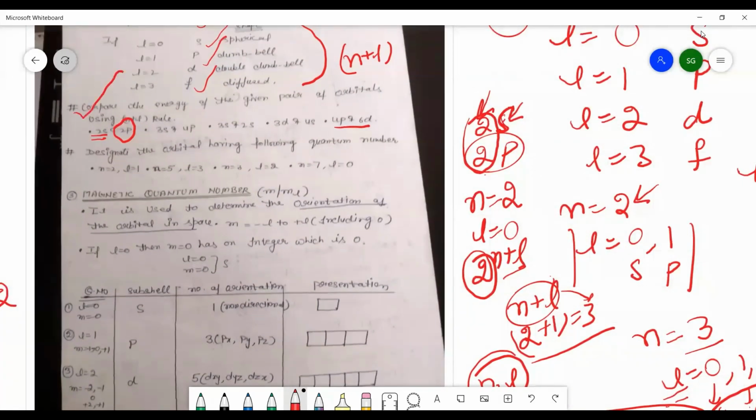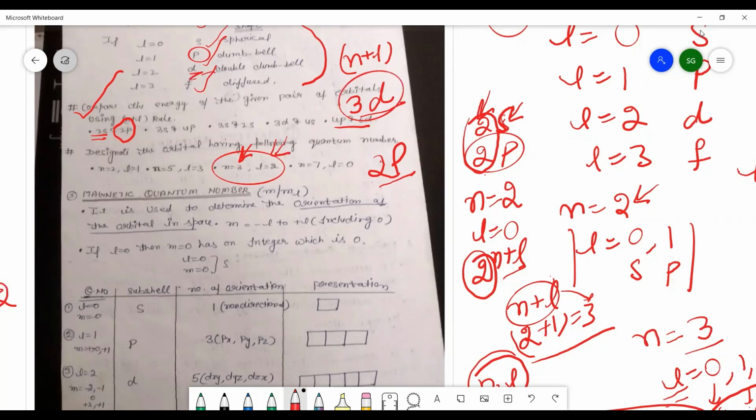Second type का जो question आता है कि the value of n and L will be given to you and you have to design the orbital कि subshell कौन सा है. So n is equal to 2 और L is equal to 1 अगर है तो n is equal to 2 का मतलब होगा 2 और L is equal to 1 का मतलब क्या है p orbital. So what is the orbital? That is 2p orbital. Similarly अगर आप लेते हैं ये वाला n is equal to 3 and L is equal to 2, तो इसका ऑर्बिटल आपका बन जाएगा 3d ऑर्बिटल, बिकॉज यहाँ से आपका प्रिंसिपल क्वांटम नंबर, ये आपका 3 और L is equal to 2 का मतलब हुआ d ऑर्बिटल, सो यू विल फाइंड आउट 3d ऑर्बिटल.